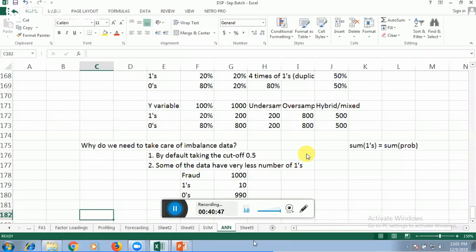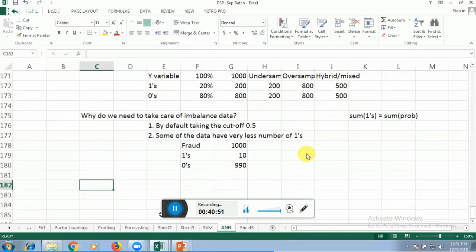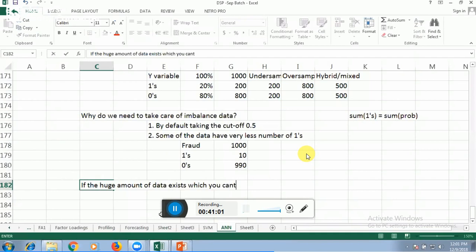Okay. So generally, what we do if there is a huge amount of data which you can't use on your local machine,